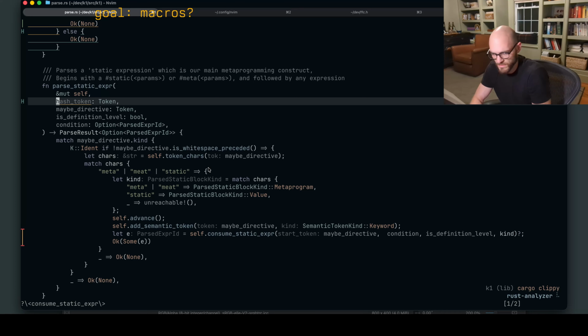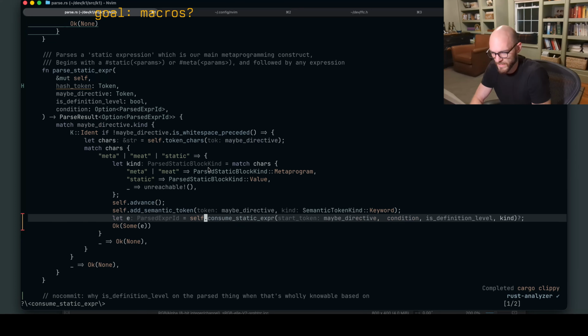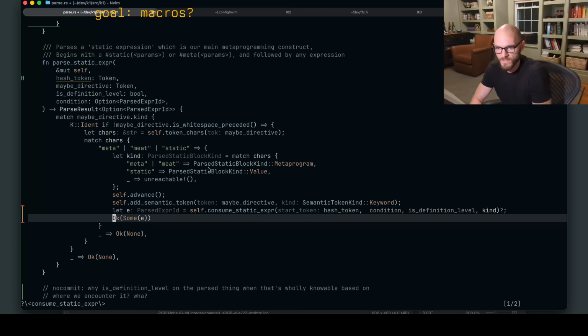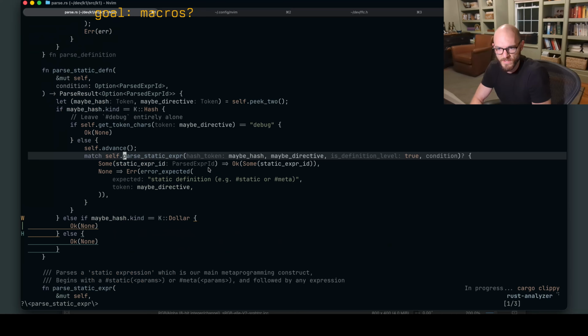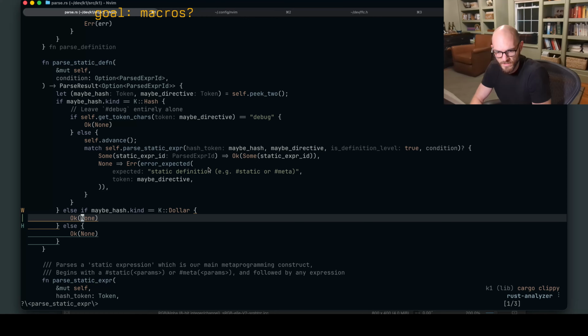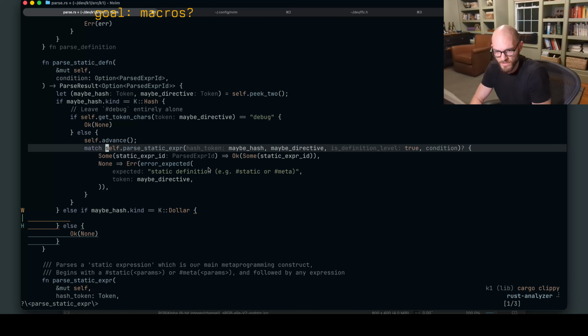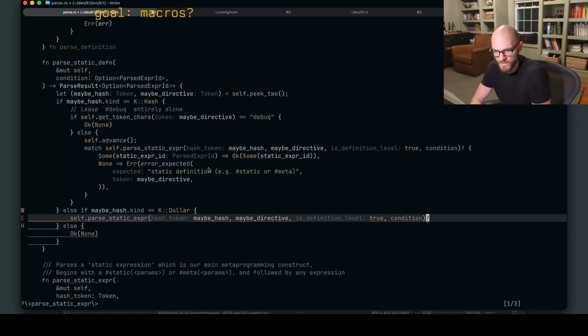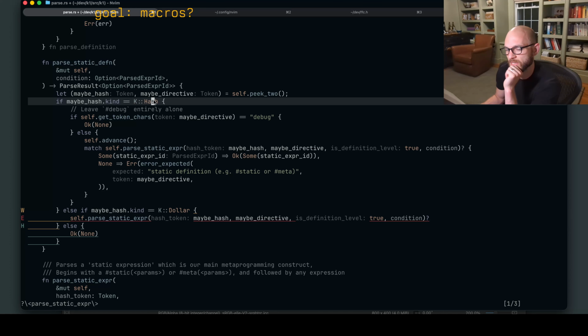Hash tokens no longer used. I guess that's actually the first. And then now we go in here, and if it's $1, what we can do is we can call our thing. Part of the problem is I have so many very different things happening behind the same syntax of the hash.